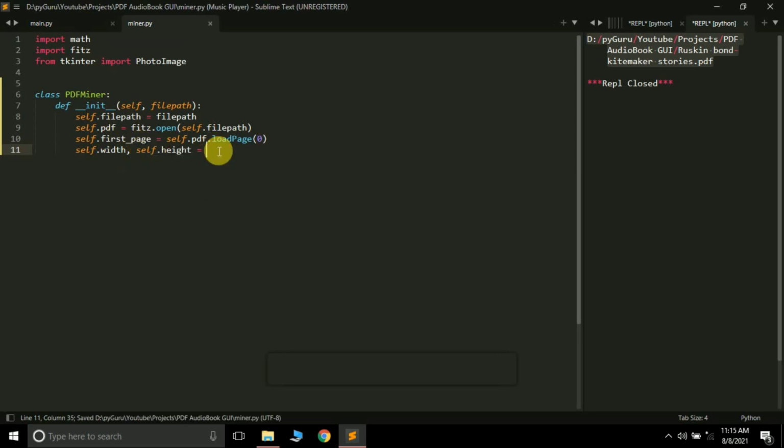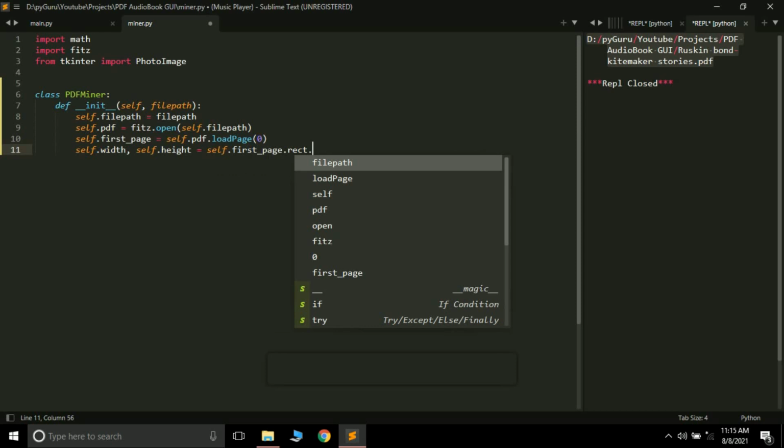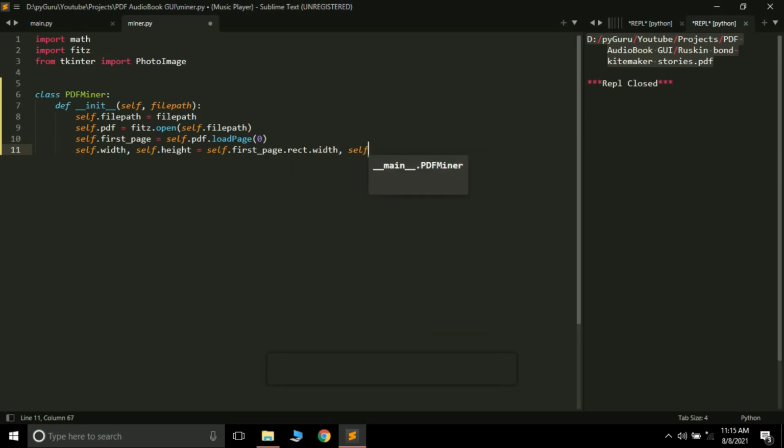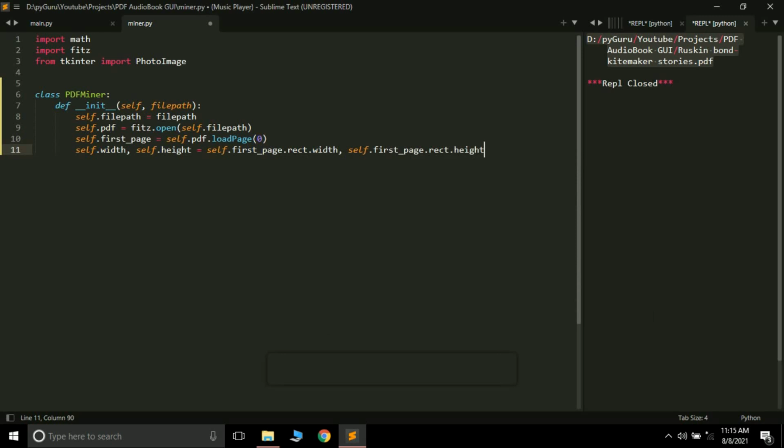Remember, the width and height of all pages will be the same, so if we know just the first page's width and height, it will be the same for every page. So self.firstPage.rect.width and self.firstPage.rect.height will return the width and height.